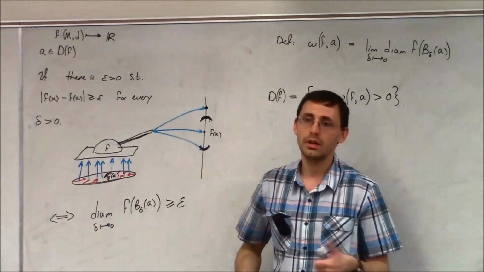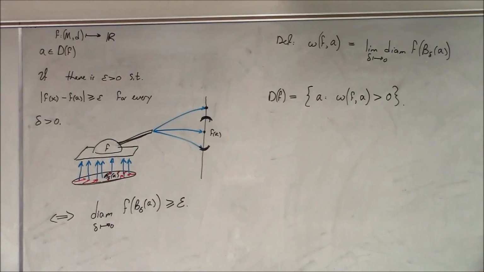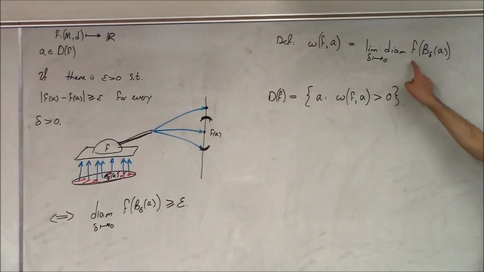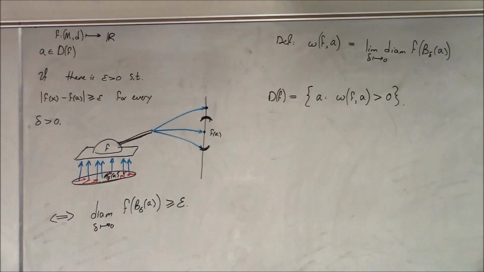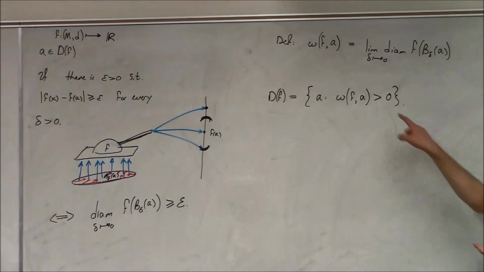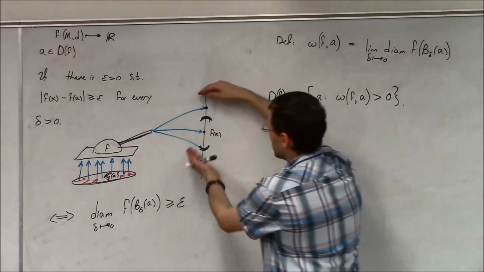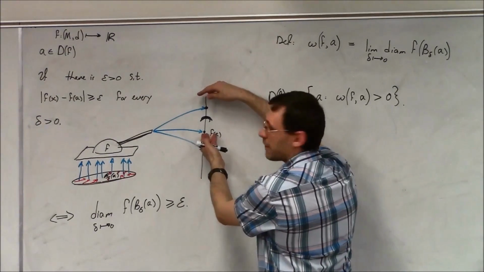That's continuity. What's not continuity? If the diameter of the stream does not shrink to 0. And that is just what this is expressing. Oscillation is how much the diameter is not shrinking to 0. The bigger the oscillation, the less continuous the function. Understandable, right? Good. At a point A. So I can quantify the discontinuity to say, well, this is a much worse discontinuity if this epsilon is bigger. If it shrinks to 0, you see the stream should shrink to f of A clearly, because f of